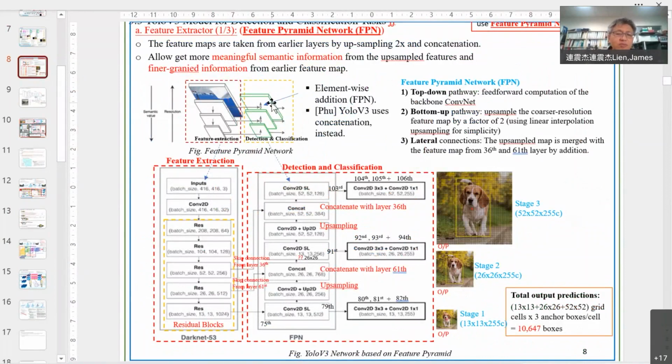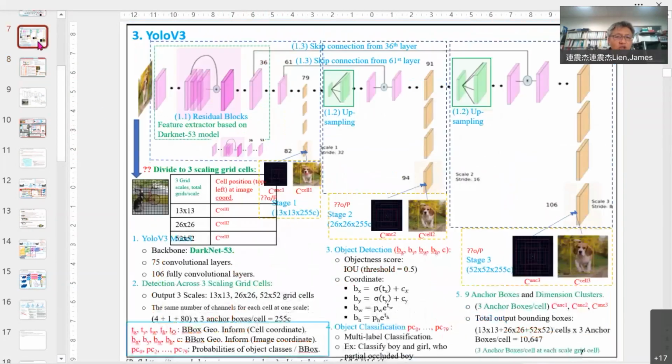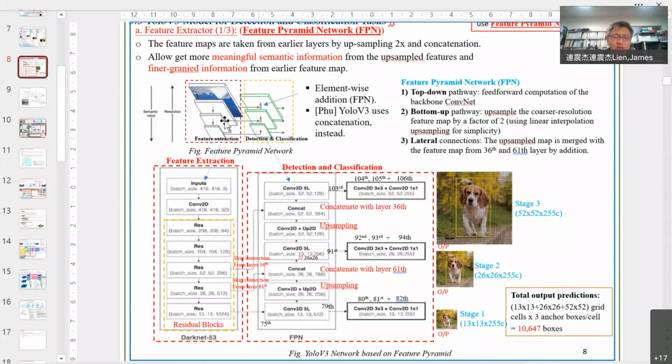So RetinaNet is like this one. They use feature pyramid network. So see this original resolution, and they do the downsampling and do the upsampling. The upsampling is a feature pyramid network. So it's multi-resolution. And between these 2 networks, they have a shortcut here. And then actually, YOLO V3, they draw this one, but actually this is the same as this one. And then we draw here. Okay, let's check.